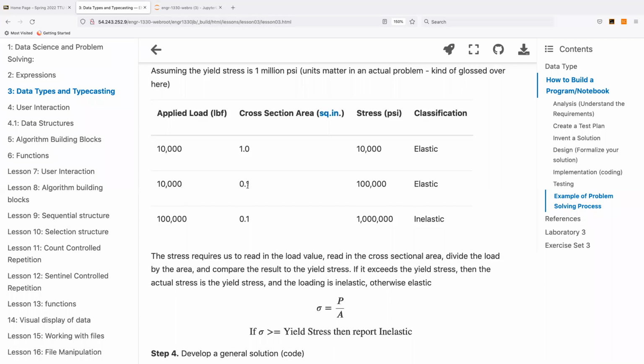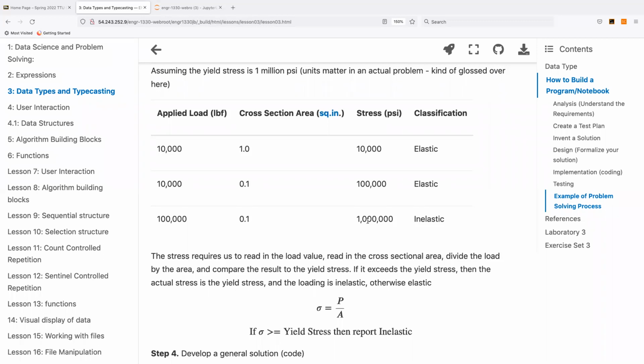Same for 10,000 and 1/10 of an inch, we're still elastic. If we apply 100,000 pounds on a 1/10 of an inch diameter rod, we get 1,000,000 pounds per square inch of stress, which is way beyond our yield stress. No, it's equal to our yield stress. We would declare that